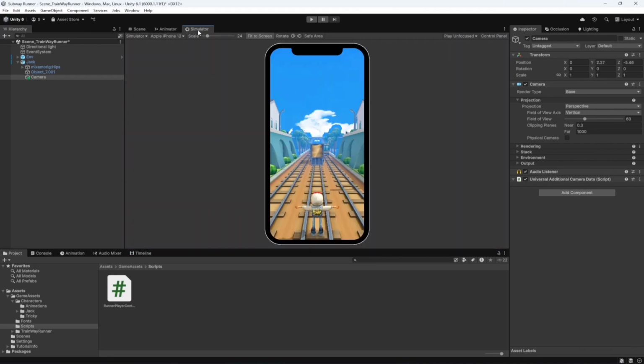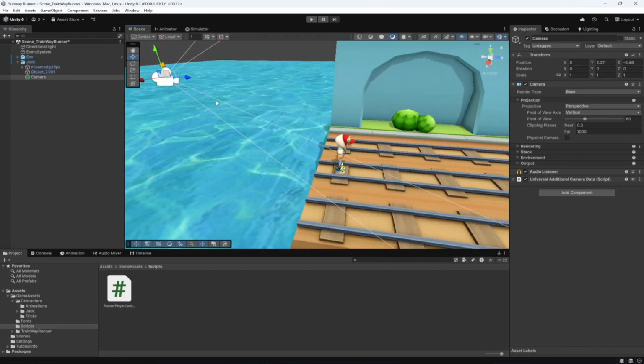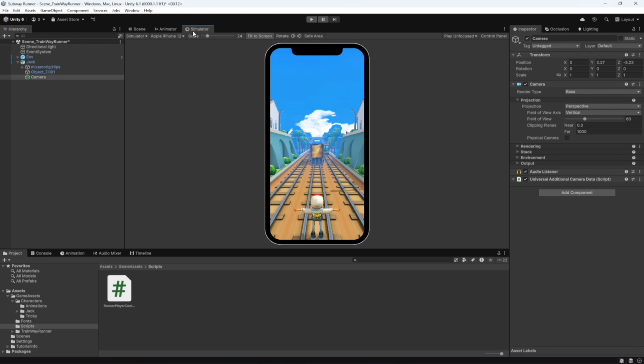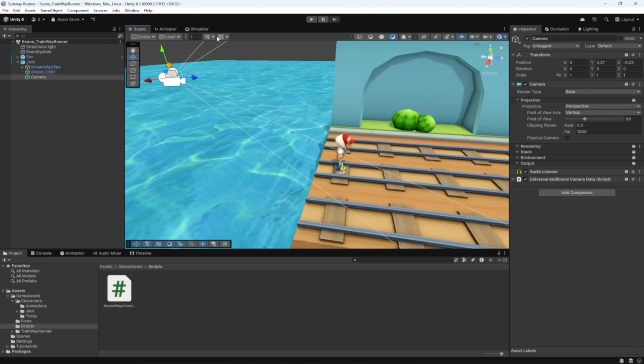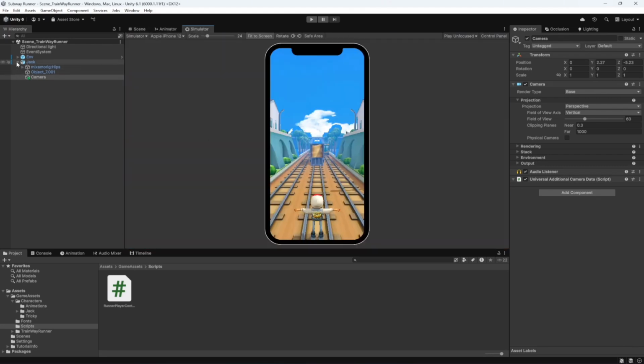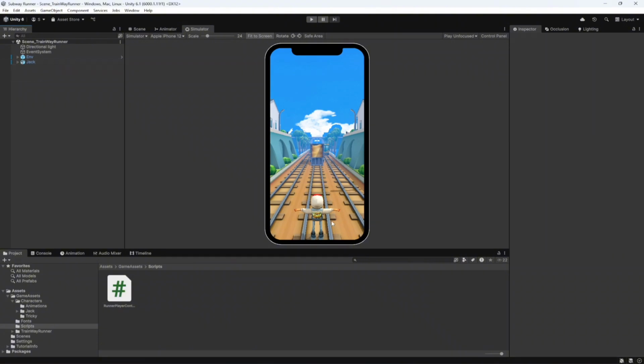Alright, let's move it up. That's it. Okay, this view is good. Alright, let's move it a little bit closer. That's it. For now, since the camera is a child of the character, this camera will move constantly with